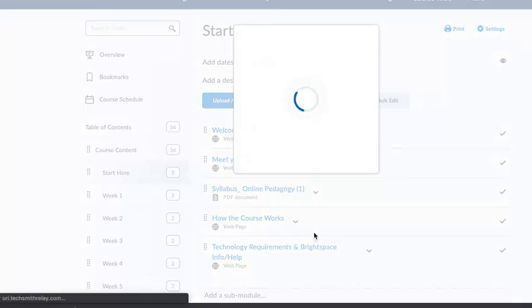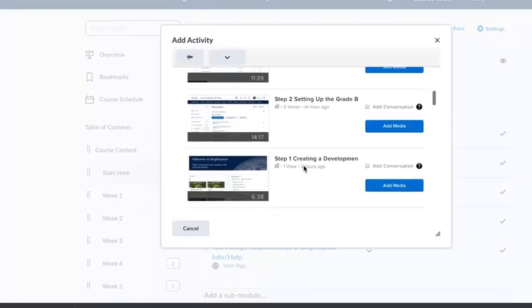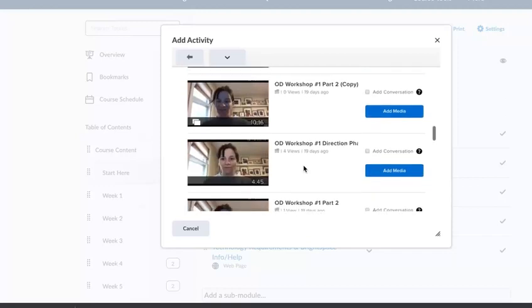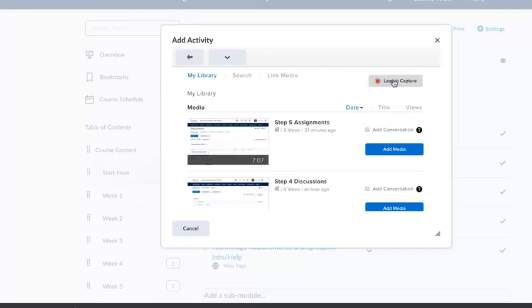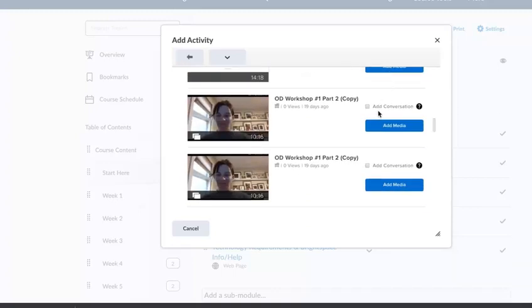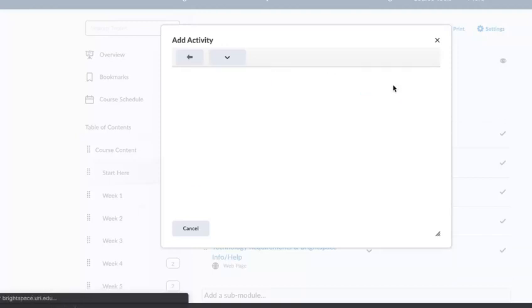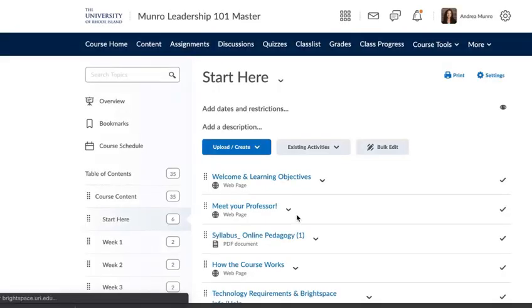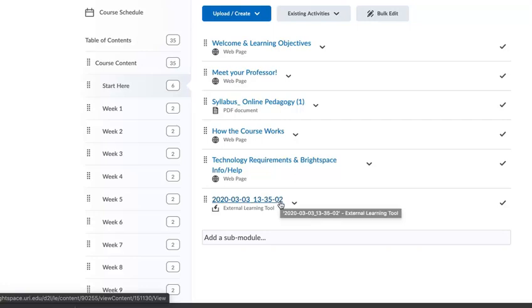And from here, it will let me access my library. So this is my library. If I pre-recorded my video, I could pull it in from here. Let's say I didn't pre-record my video. I can launch the capture tool, record my video, and it will pull it in from there as well. So I can't go through the steps of recording right now because I already am using it, but I can pull in a video. So I'm just clicking add media,